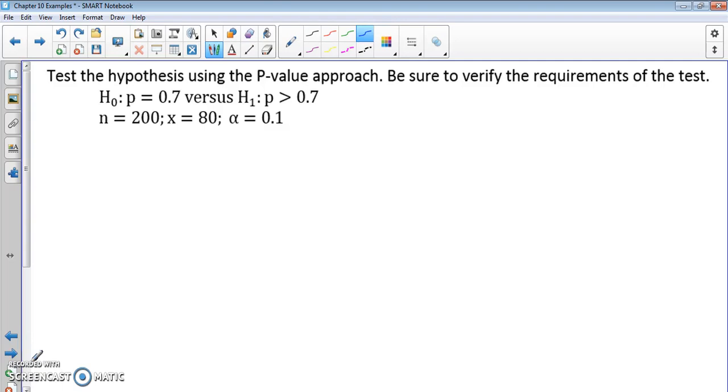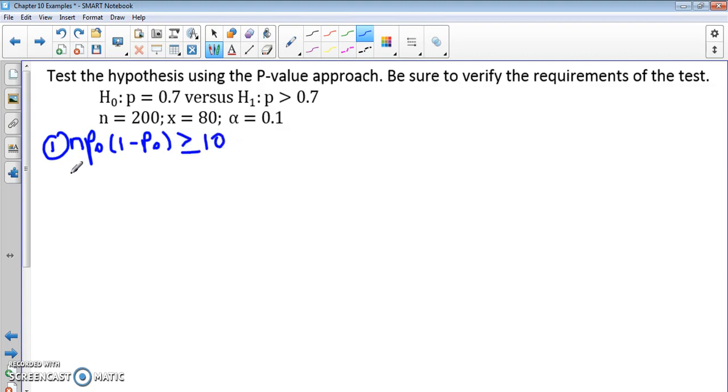Test the hypothesis using the p-value approach. Be sure to verify the requirements of the test. So let's start out by verifying the requirements. So we want to check that n times p naught times 1 minus p naught is greater than or equal